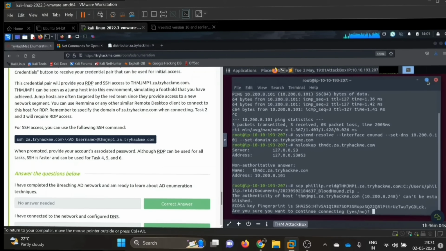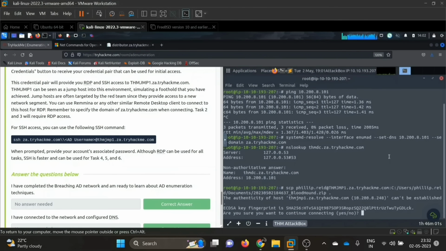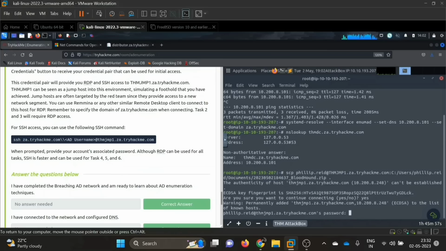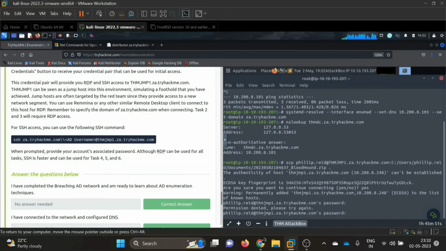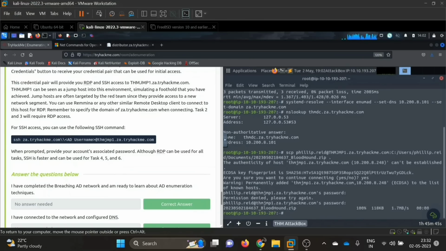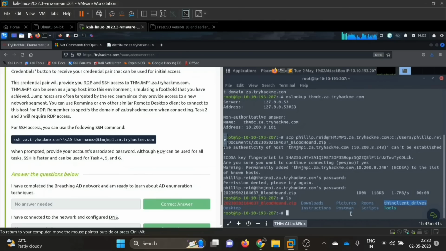I'm trying this with attack box. See, the password was shooter 1987. Okay, I think I changed the password. Yeah, so ls. Okay, so the Bloodhound zip file is here. So let's start our Neo4j